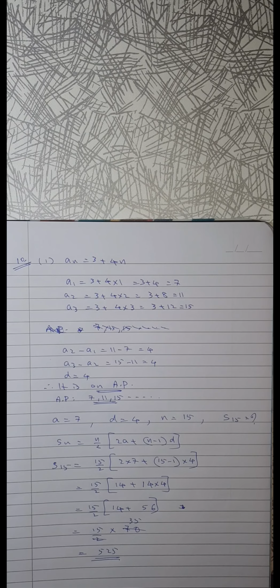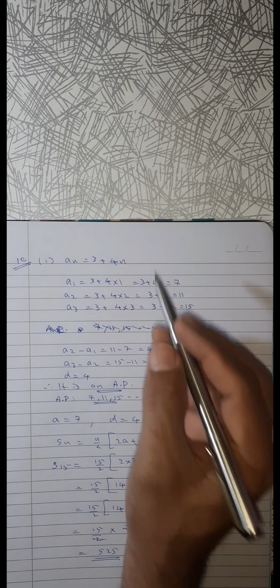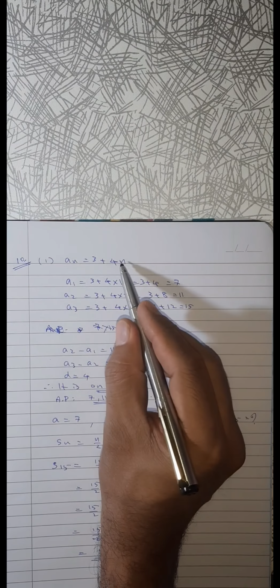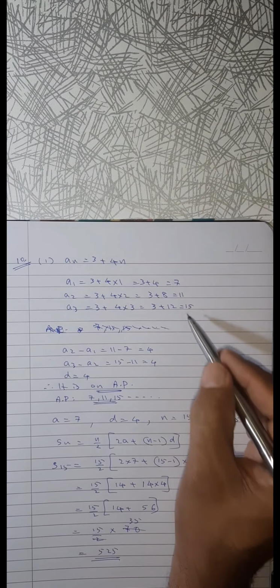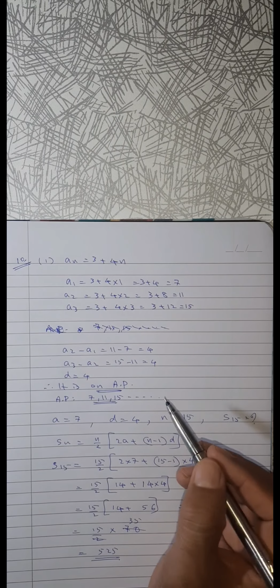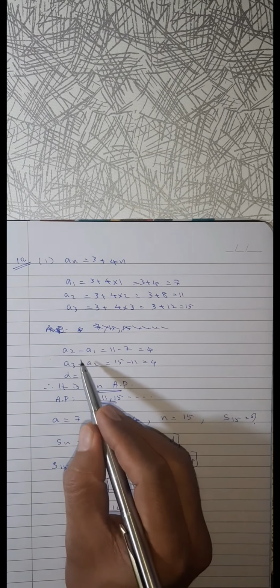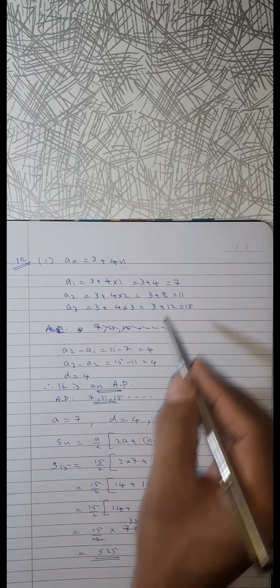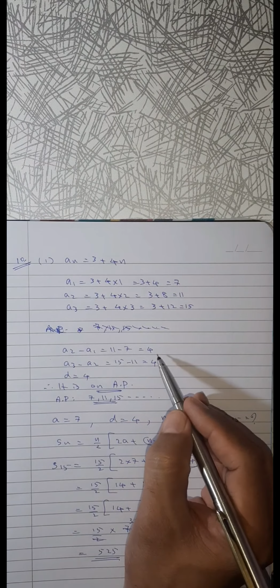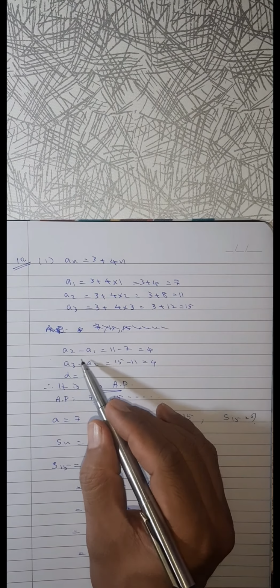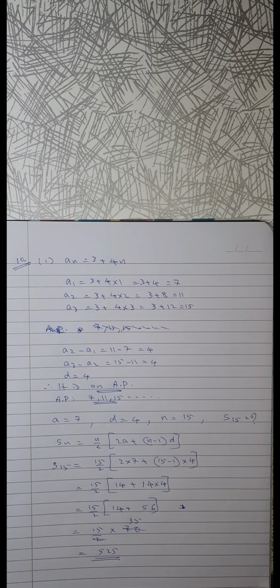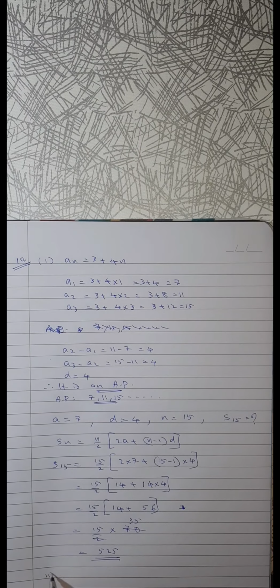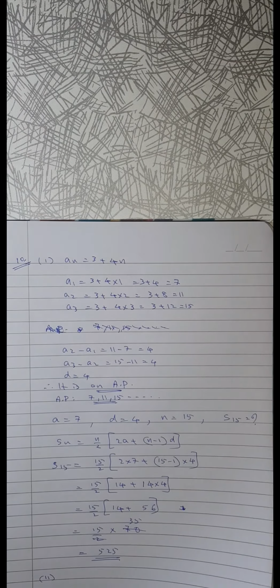The second part is exactly the same. Simply substitute 1, 2, 3. A1 means 1 we have to substitute, 2 means A2, 3 means A3. So A1, A2, A3 are there. We can check whether it is an AP or not. The question is to show that it is an AP, so we have to show A2 minus A1, A3 minus A2. We can do it in the mind also, but we have to show it properly. They are asking to show. So since the difference is the same, common difference 4, it is an AP. Now AP means the normal formula. The second part you can do as your homework. Then we will go to question number 11.